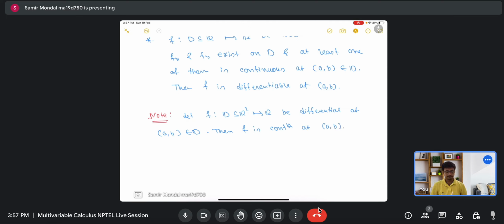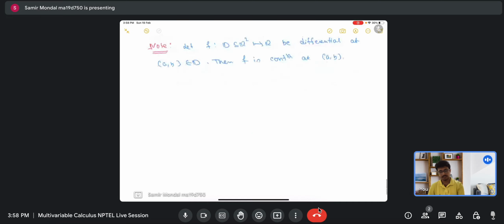This is our normal expectation, because for one variable functions we know that differentiability implies continuity, but the converse may not be true in this case also. For two variable or multivariable calculus, differentiability implies continuity of the function, but the converse may not be true. So I am not going for that